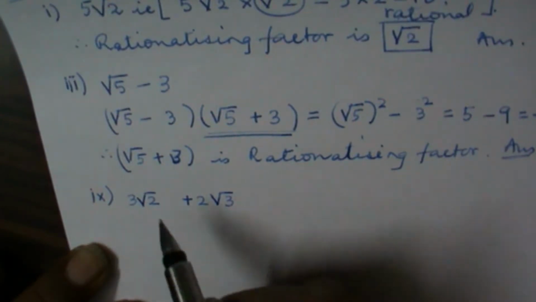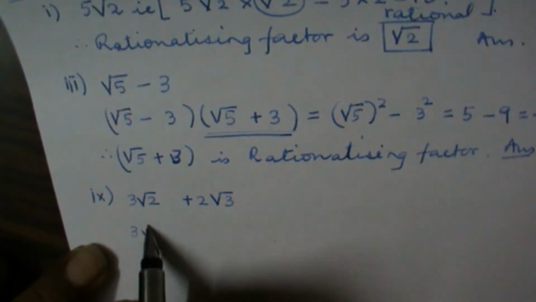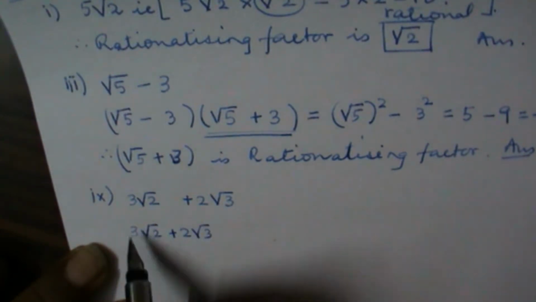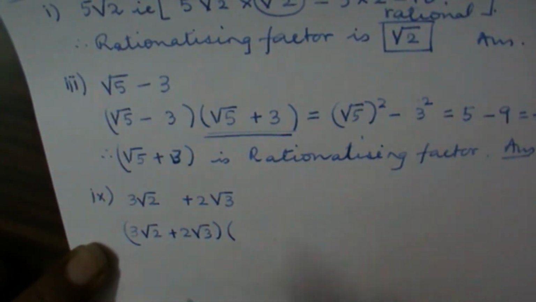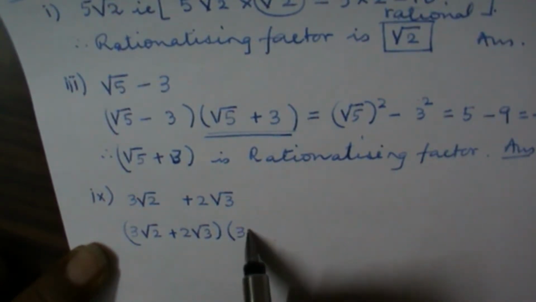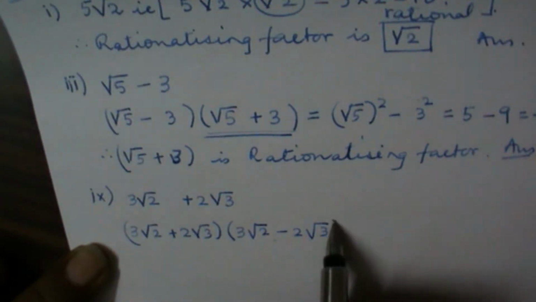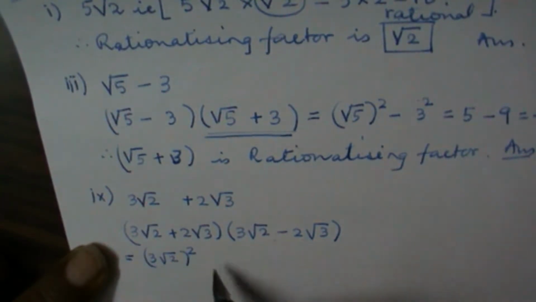Now out here again there is a plus sign, so I need to take 3 root 2 plus 2 root 3, and I need to take the rationalizing factor. If this is a plus b, I should put a minus b. So 3 root 2 minus 2 root 3, and that will give me 3 root 2 whole square minus